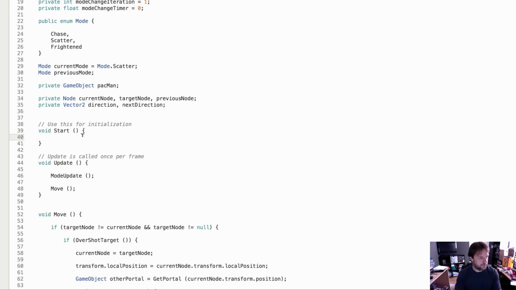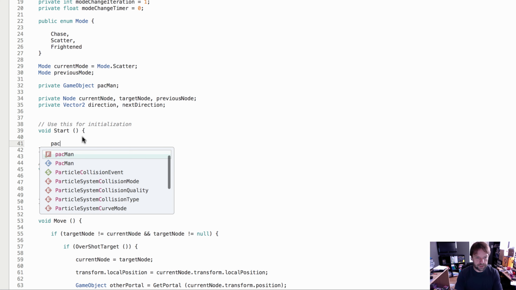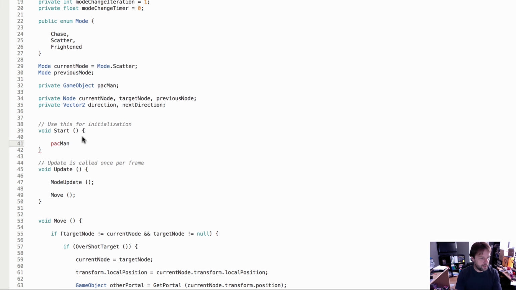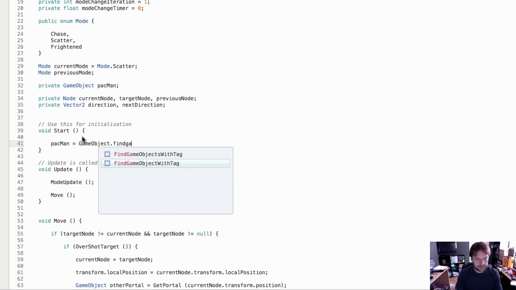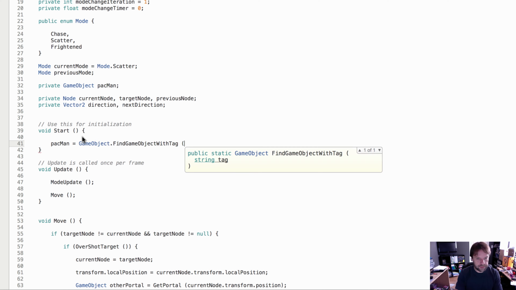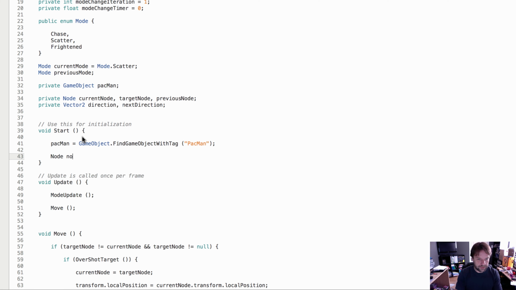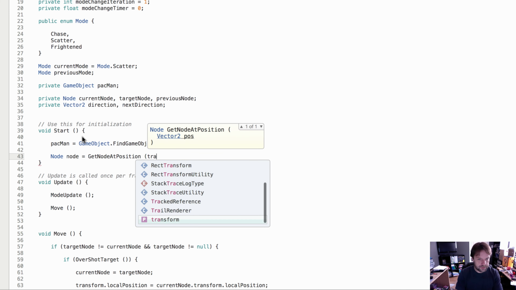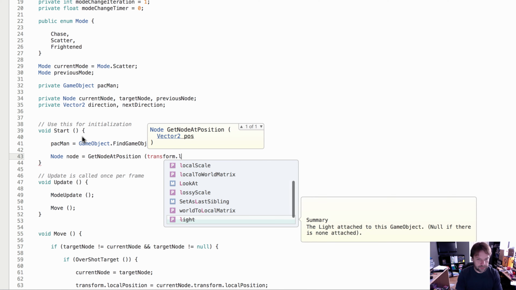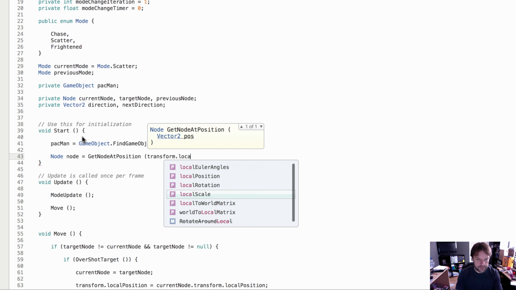Okay, so to get the ball rolling on all of this, we are going to have to add a couple of things to the start method. So first we're going to have to set up Pac-Man. So GameObject.FindGameObjectWithTag, and our tag is Pac-Man, if I'm not mistaken. And then we're going to set node, so get node at position, transform.local position, this is right,